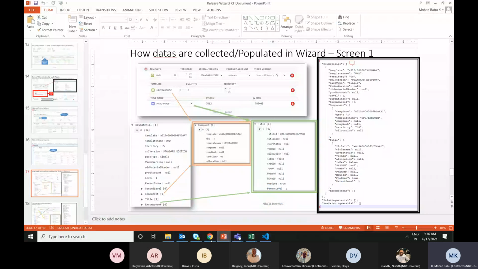How it is going to be different here is like,